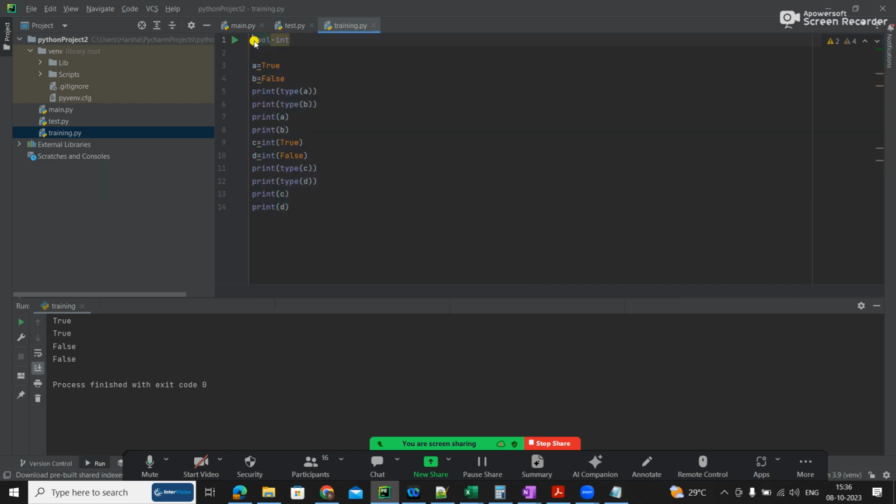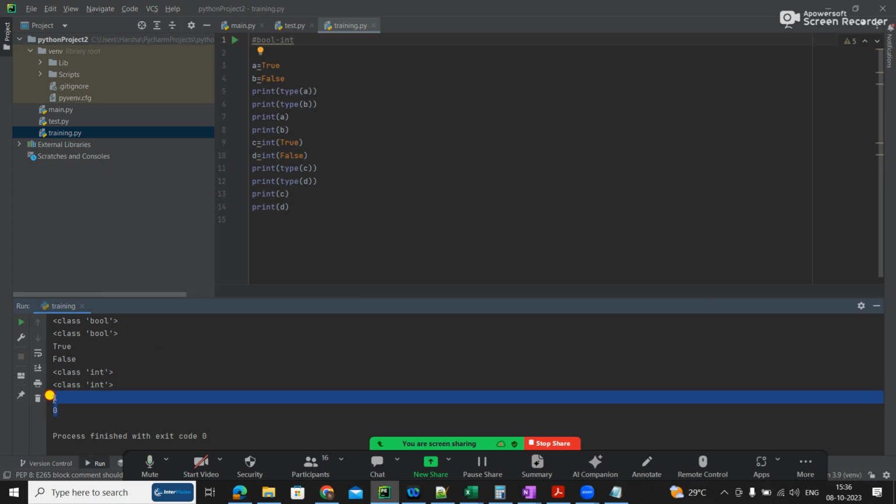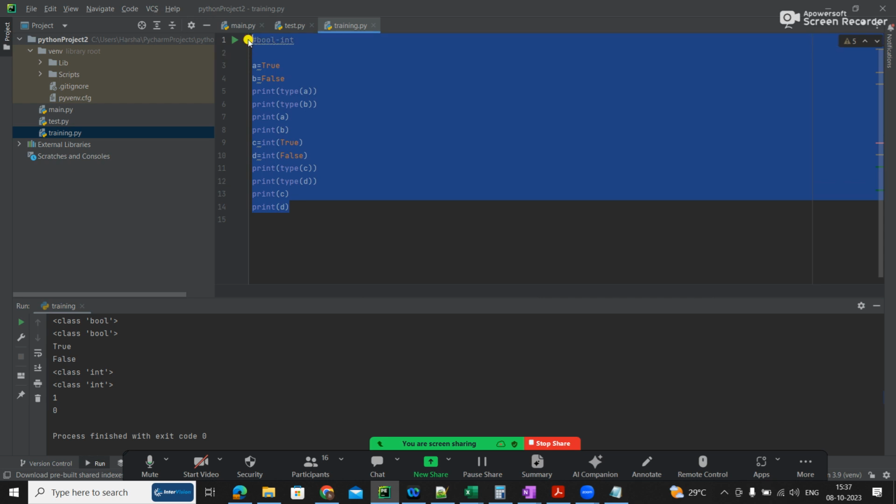Okay, so let me do this as hash. See, hash is commenting. Okay, so can you see here? I just taught you this. Internally, true is 1 in integer terms and false is 0. That's why I can also convert boolean to integer, or else you will get confused. How can we convert bool true to integer? Because it's some character. But internally, the value stored would be 1 for true and 0 for false.